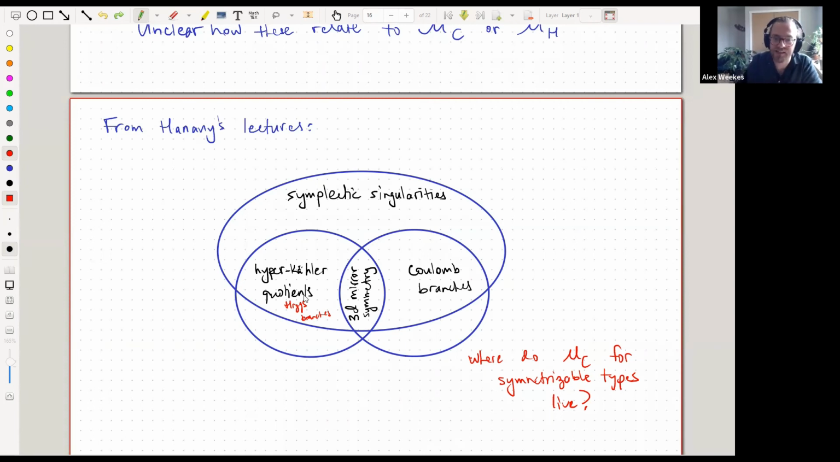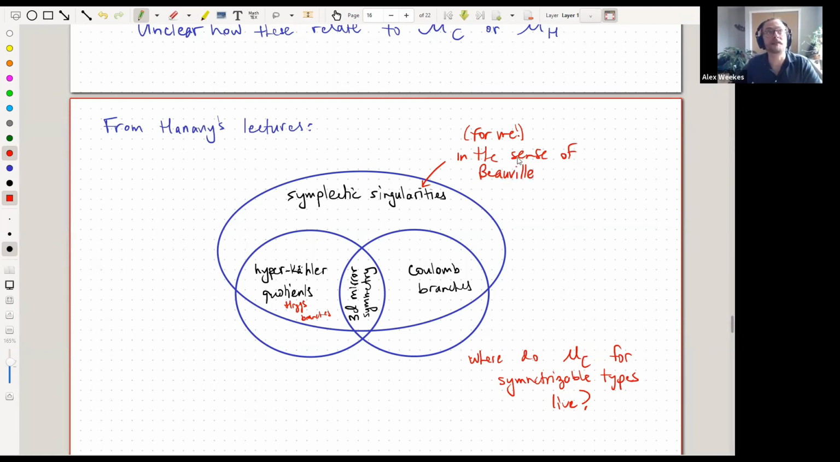Yeah, that's a good point. I guess it has to do with what symplectic singularity means to you precisely. For me, I'm thinking in the sense of Beauville. Maybe that's not what Professor Hanani meant, I'm not sure. So for me, in the sense of Beauville,